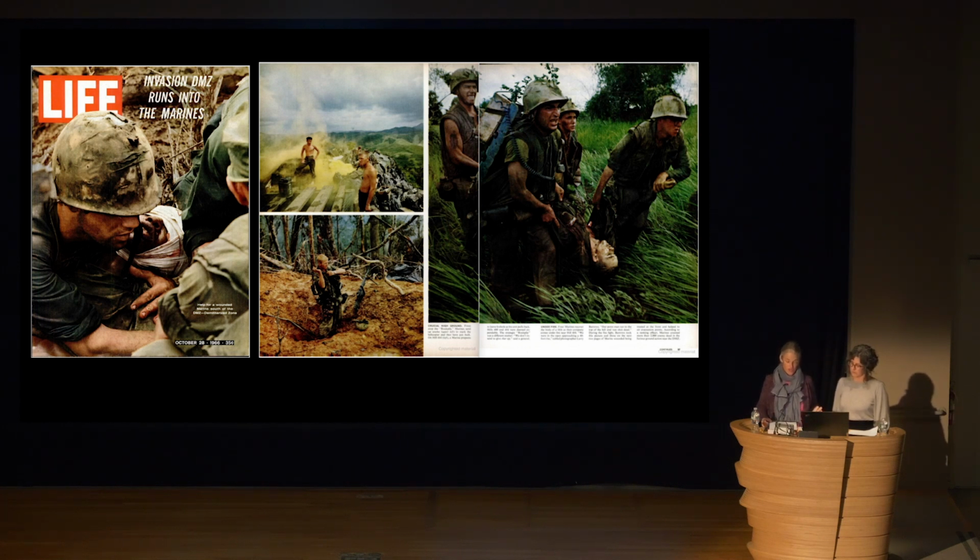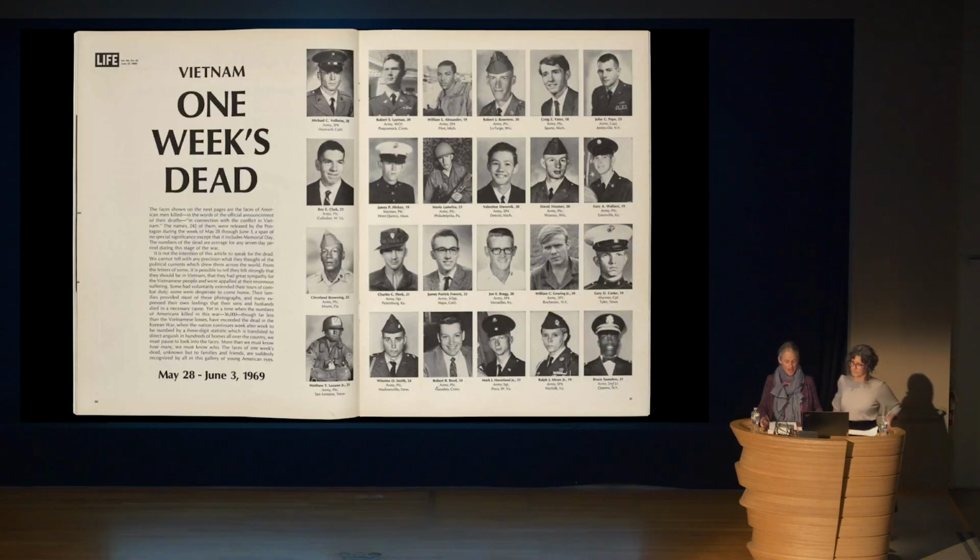I want to also just note Larry Burroughs. His work is incredibly important, not only for the form and composition that we see in his images, his harrowing effect, but also through the color and new technologies that he's using. So finally, and I'm going a little beyond what the exhibition covers because we wanted to also talk about the